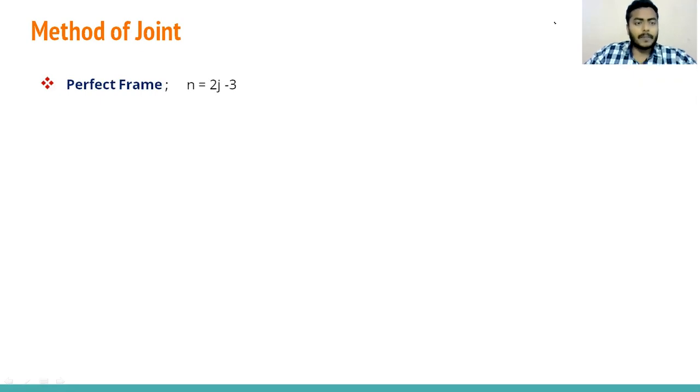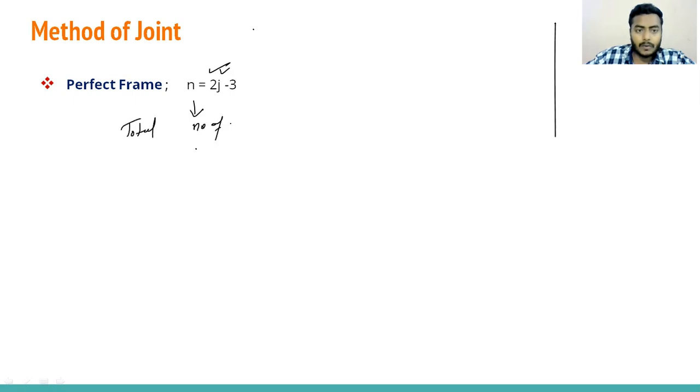A frame is connected by a number of members. It can be a pin joint or a rigid joint. A frame is called a perfect frame when it obeys this rule: n is equal to 2j minus 3, where n is the total number of members and j is the number of joints. For example,